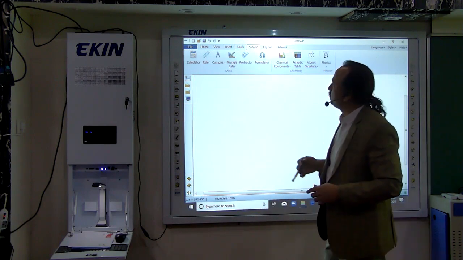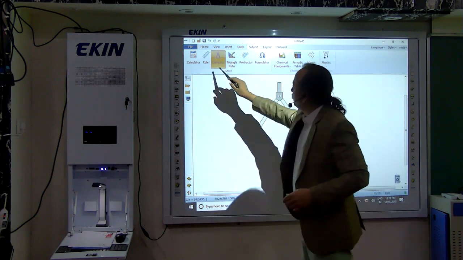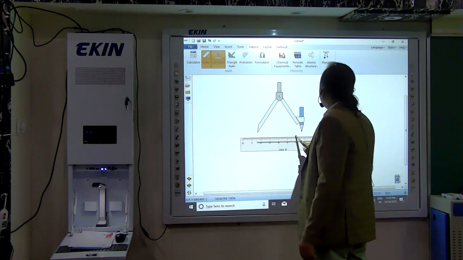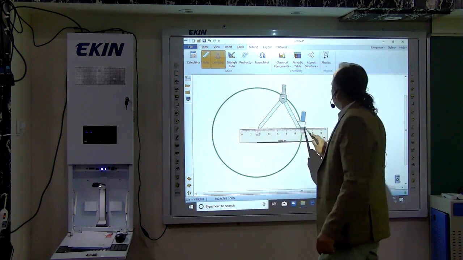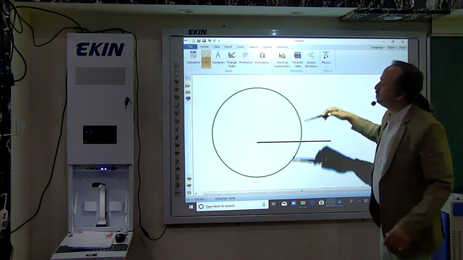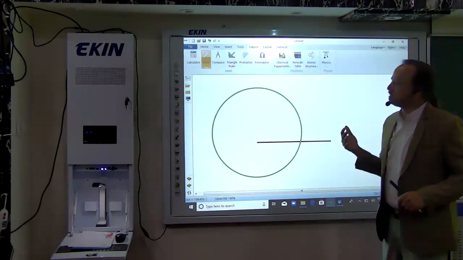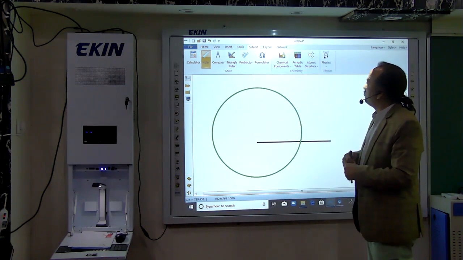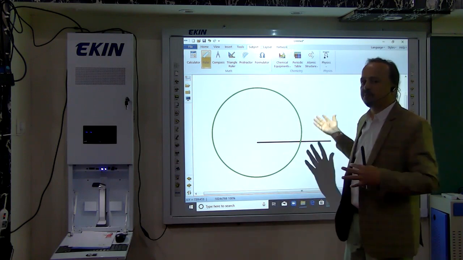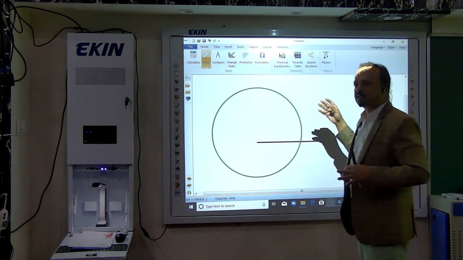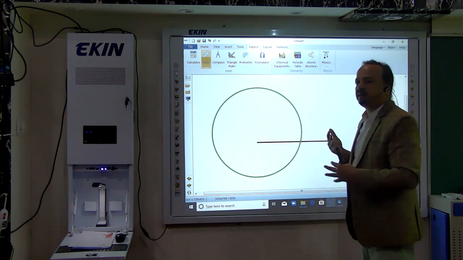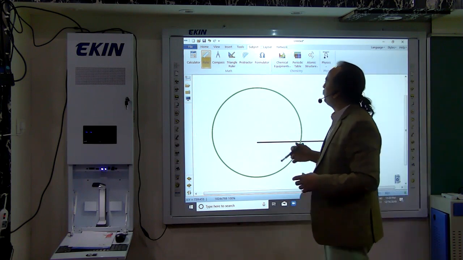Subject specialists, if you talk about, you have a compass, you have a ruler for the math teachers. You can use it like this. So different tools are available for the different types of subject specialists, experts, or teachers. You have chemical equipment, you have a periodic table, you have atomic structures, all made. So we have given a lot of things by default. It comes with it when you buy this interactive or smart class. It comes along with that, which will help you create your own content while you are teaching.